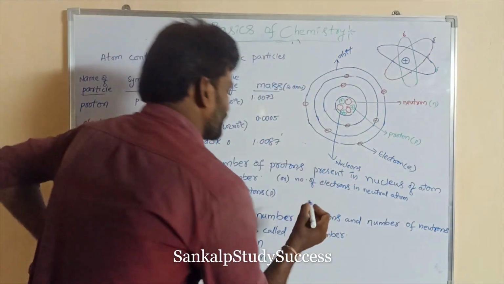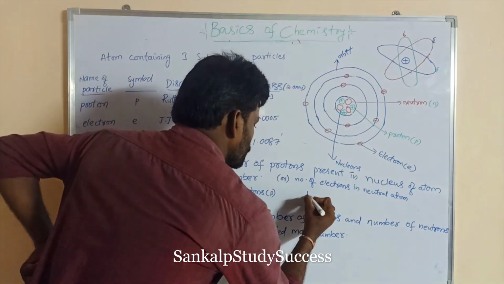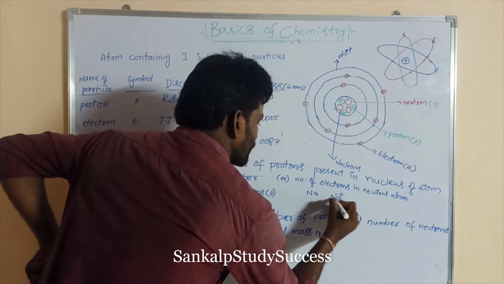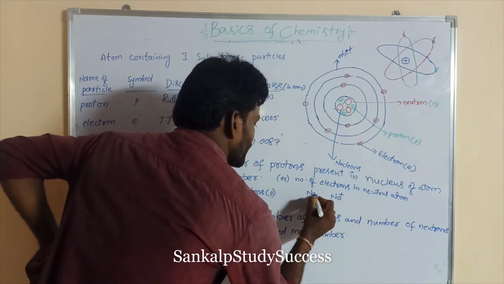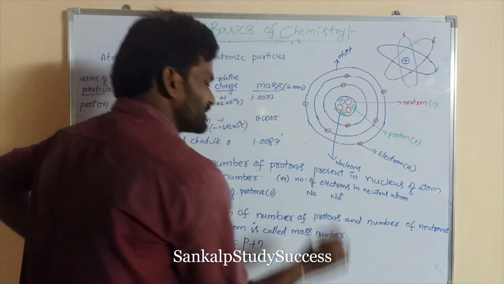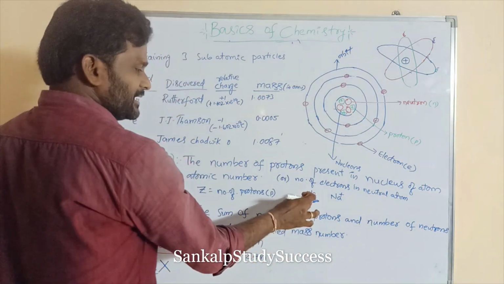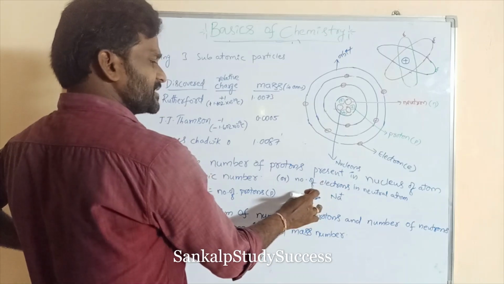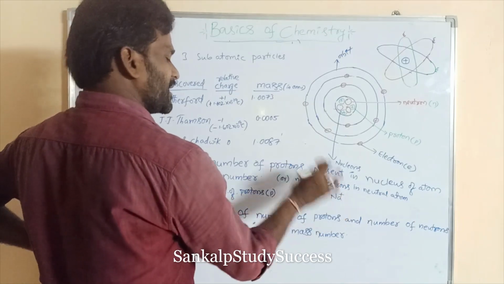For example, listen to me. We can take a sodium atom and an Na plus ion. What is an ion? The charge present on an atom, that is the ion, right? So this is Na. It does not have any charge, so this is a neutral atom, but the other is an ion, right?